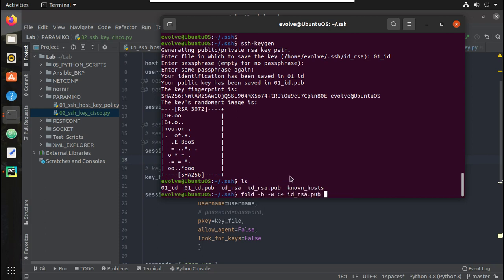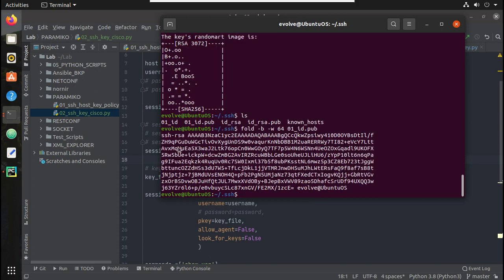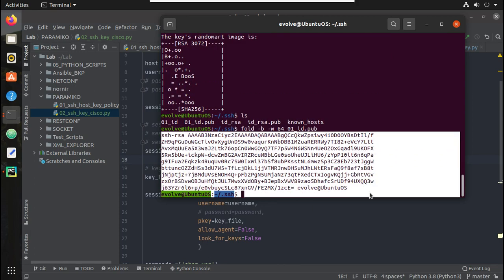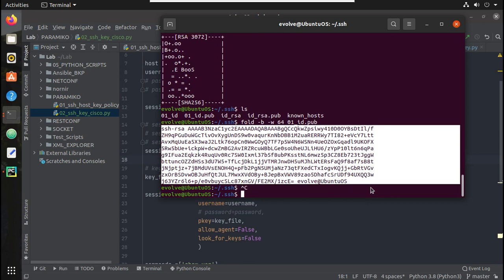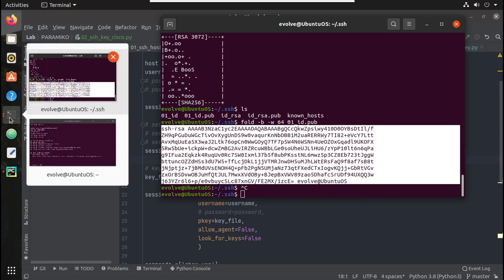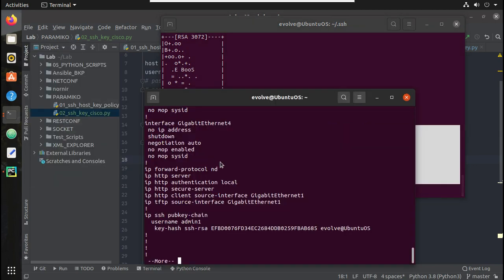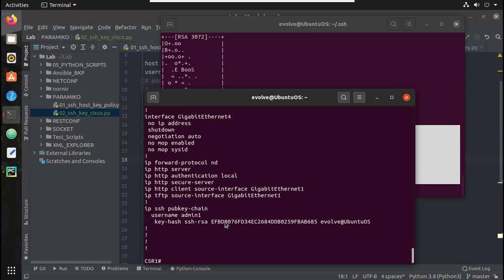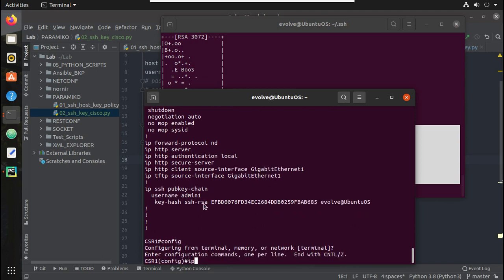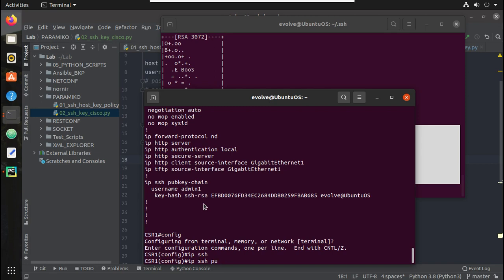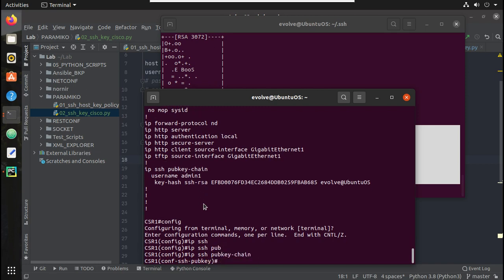So I'll use the same folder, 01_id.pub, and let me copy this. Let me go to Cisco and here IP SSH, the same command. So either we can give to the same user or a new user. I'll add this to the same user,